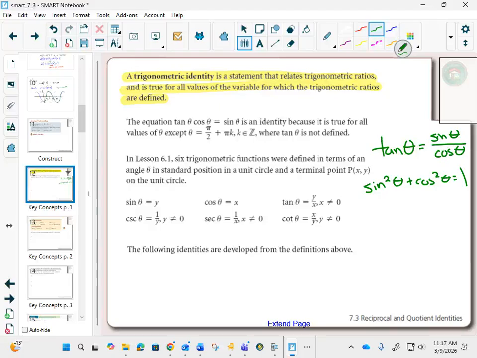Did I give you guys formula sheets here? Yes. We're going to use a lot of formulas. In chapter 6, there's like two formulas on your formula sheet. The sine squared theta plus cos squared theta equals 1 is on there, and your arc length formula, S equals theta r. Then basically the rest of the first column is all of chapter 7 formulas. So there's a ton of identities formulas that we're going to have. But to start off with,